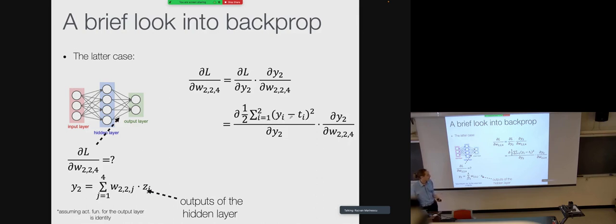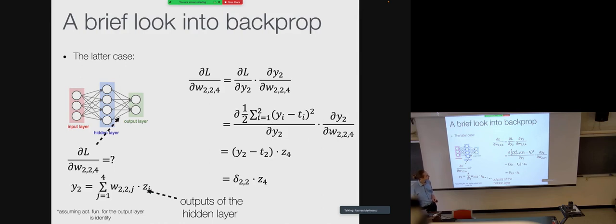It's a function of yi for i equals 1 to 2. So y1 minus t1 squared plus y2 minus t2 squared. The gradient of that with respect to y2, and the second term will stay the same. Here one of the terms cancels out, because we have both y1 and y2, but we only care about y2. So we're only left with y2 minus t2, because when we do the gradient, the 2 comes in front and cancels with this 1 over 2. We're just left with that.